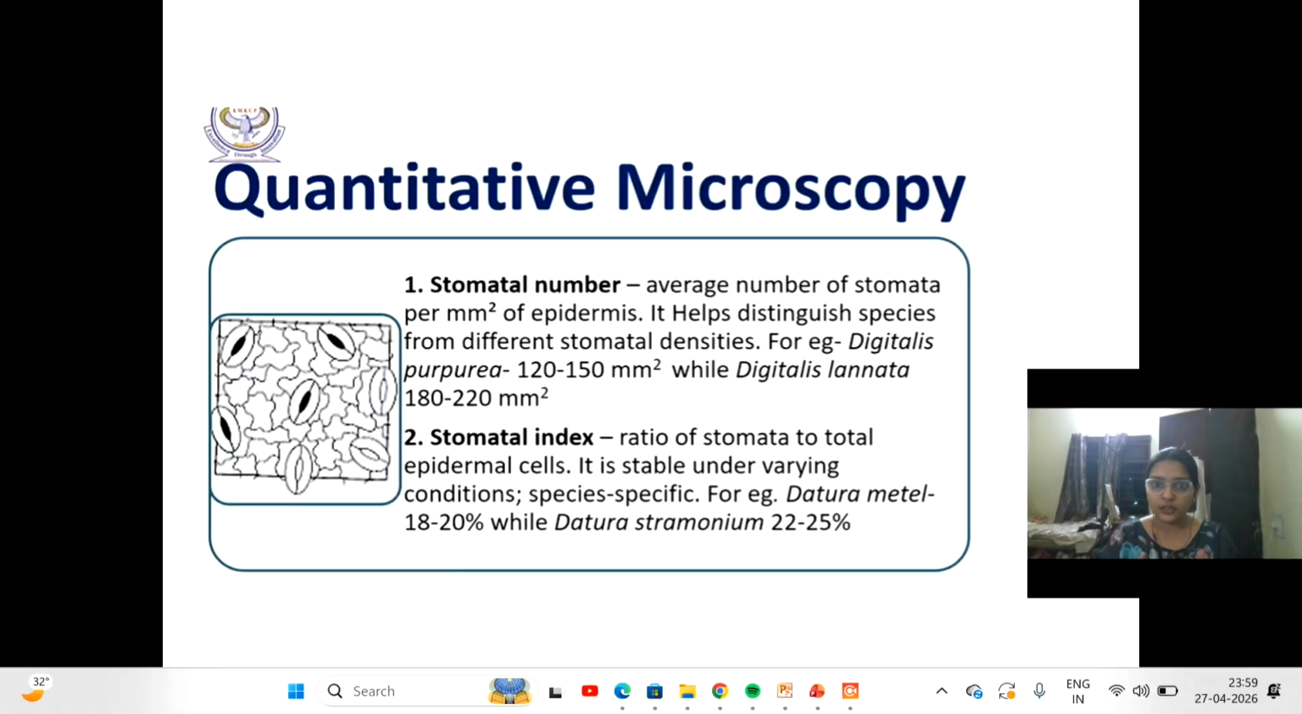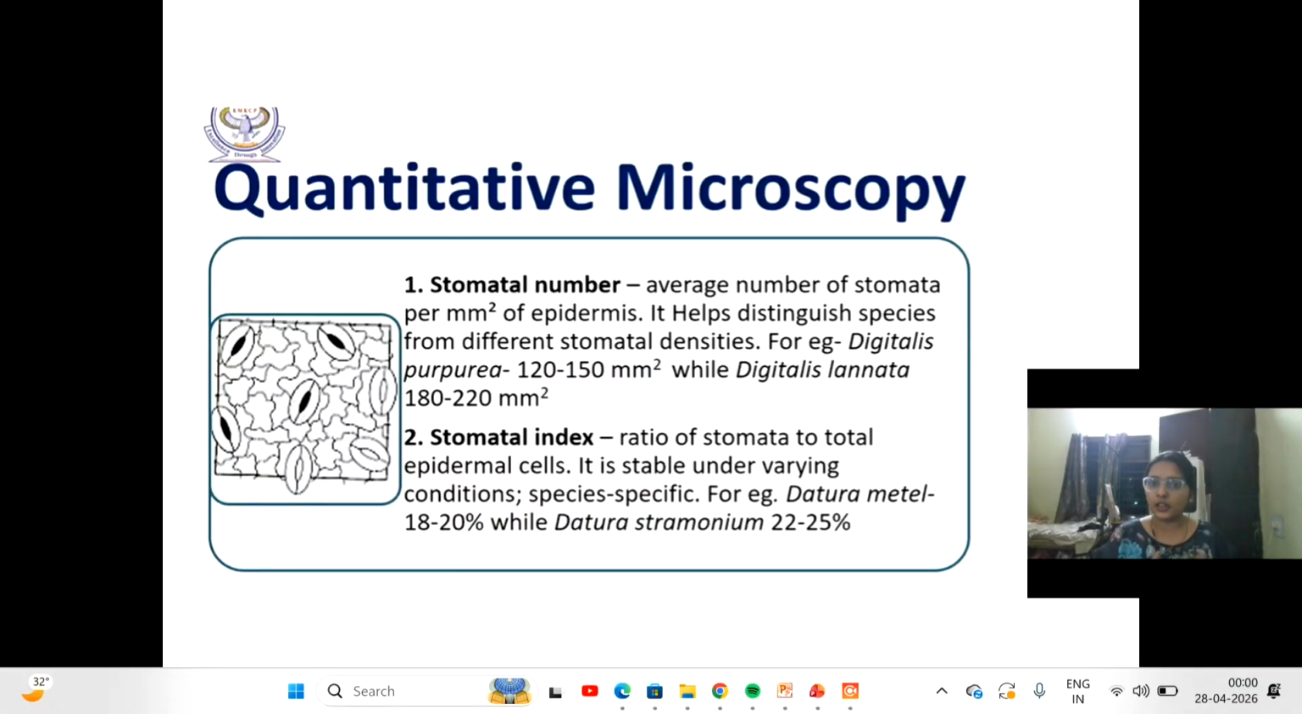एपिडर्मिस लीफ का पार्ट होता है, जो कि ग्रीन पार्ट को हम देख रहे हैं। तो ये स्टोमेटल फ्रीक्वेंसी यानी डेंसिटीज़ को बताएगा। ये डेंसिटी मतलब एक पर्टिकुलर पार्ट में कितने डेंस अमाउंट में स्टोमेटा प्रेजेंट है। ओके, जैसे कि देख रहे हैं कि डिजिटलिस पुरप्यूरिया स्पीसीज़ में 120 से 150 स्क्वायर में होता है, वाइल डिजिटलिस लनाटा में 180 से 220 स्क्वायर में होता है।